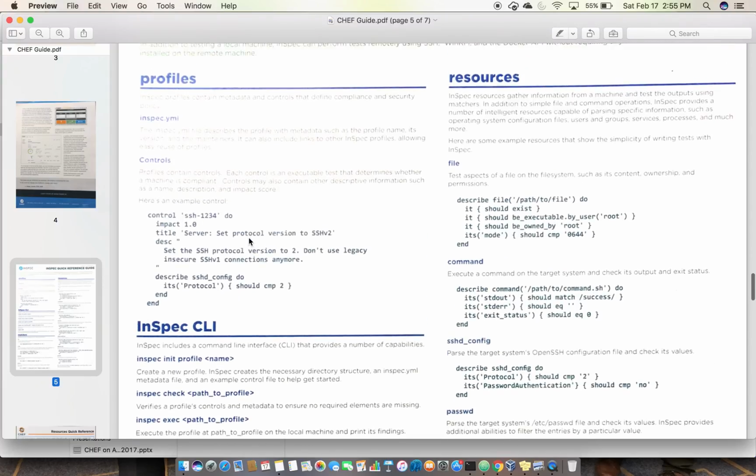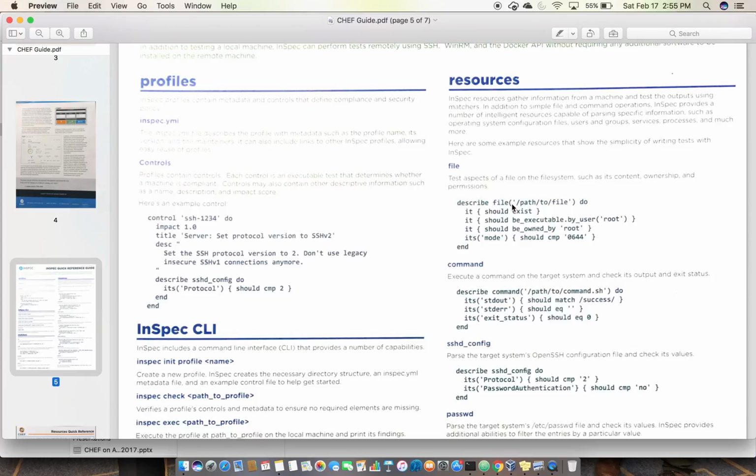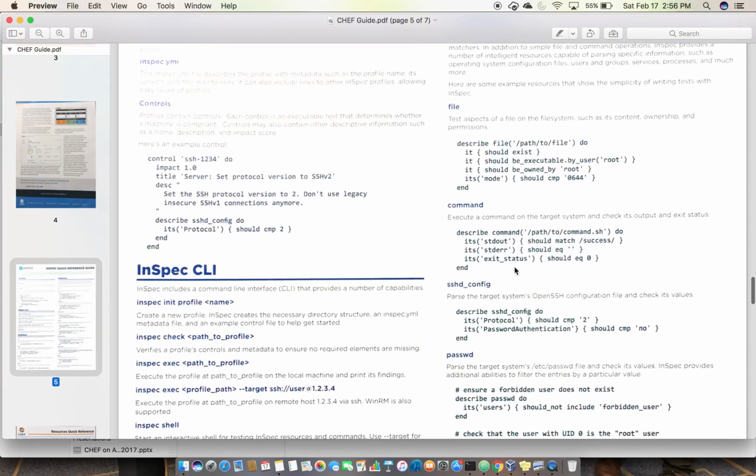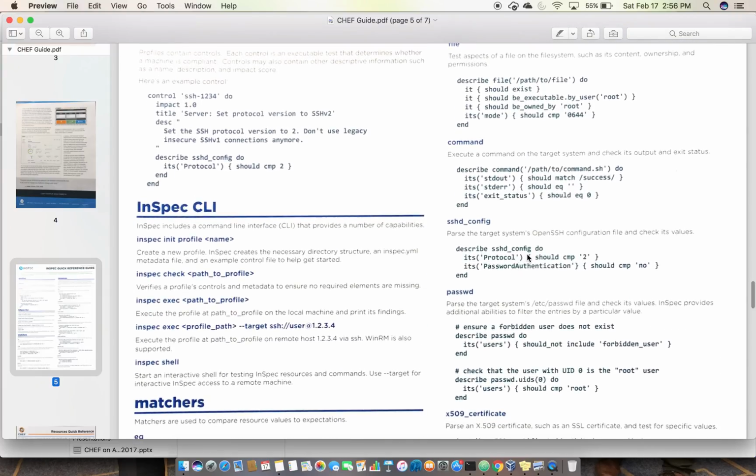Right? And what are the resources provided by InSpec? Like I mentioned earlier, package, we also discussed the package example. This is one of the other examples, like file resource, command, /sst_config. So there are a lot of resources provided inbuilt in this framework. You need not write a whole lot of code to make this work. You can use existing resources and it will work for you. So